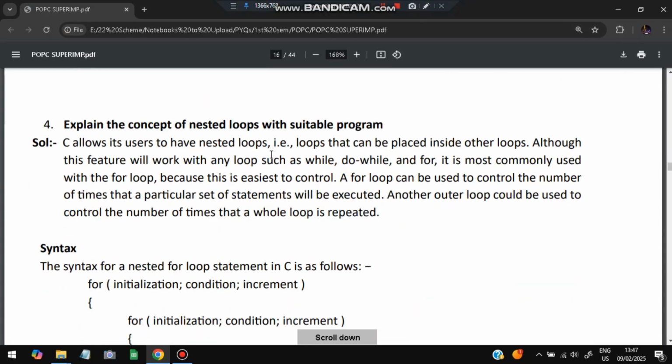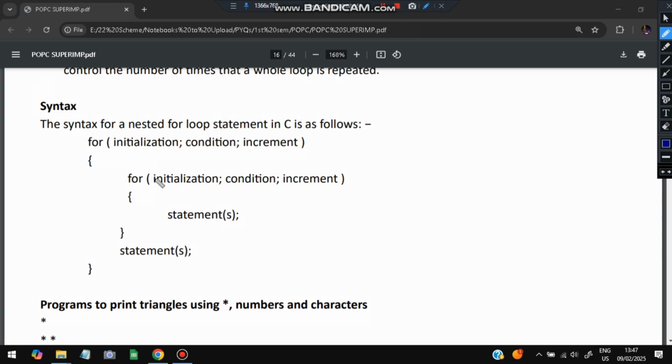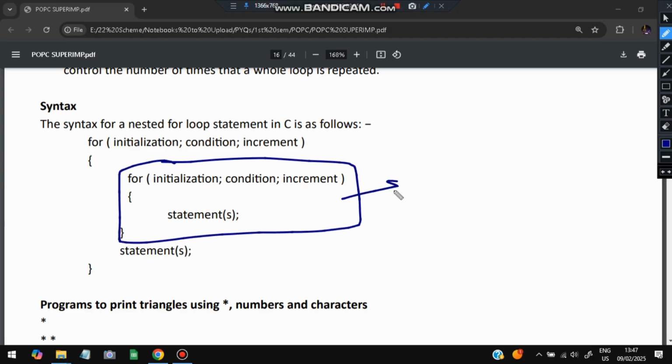Moving on to the next one: explain the concept of nested loops with a suitable program. What is a nested loop? A loop inside a loop. For example, this is the syntax present here. A normal for loop will have a condition and you will be executing a statement repeatedly. And if you want this whole thing to happen repeatedly, say this whole thing should happen 10 times,